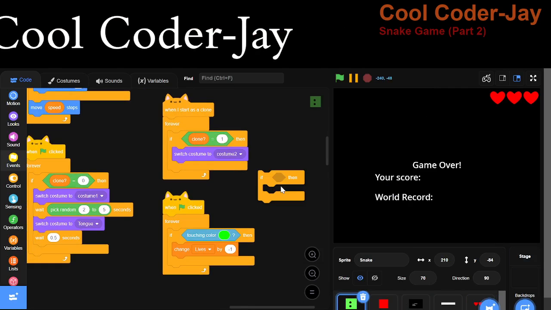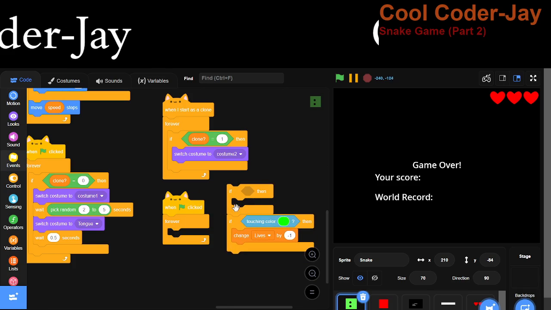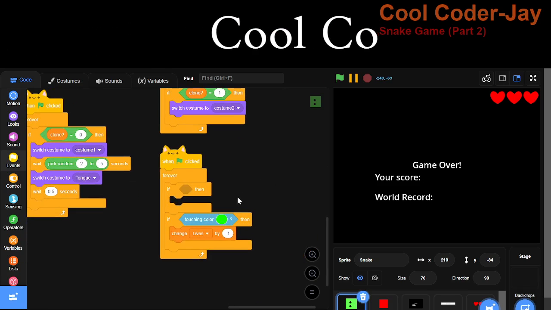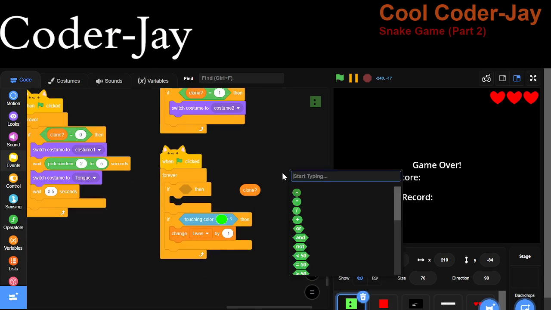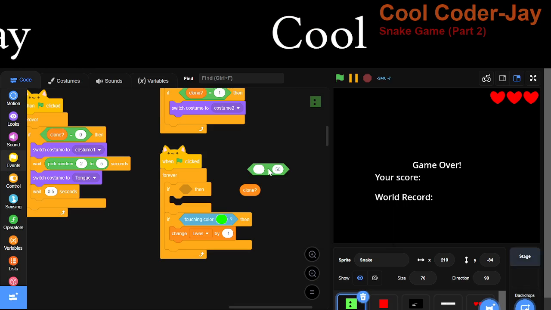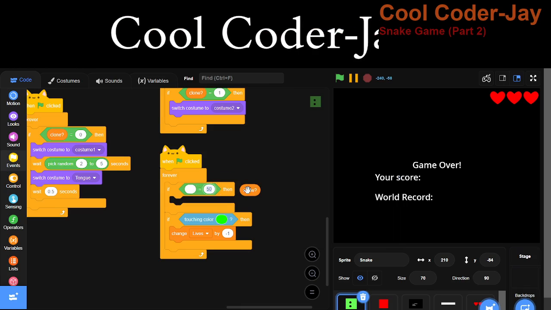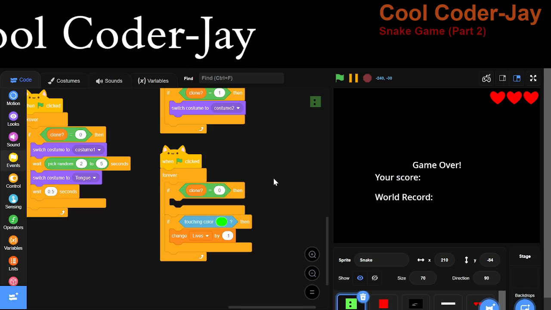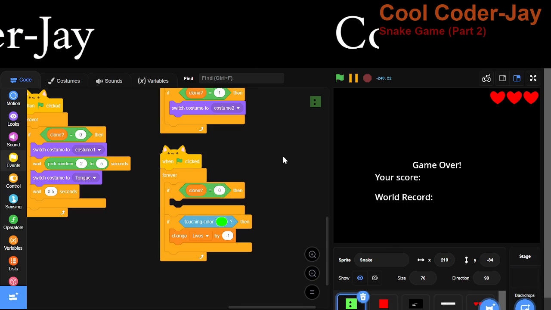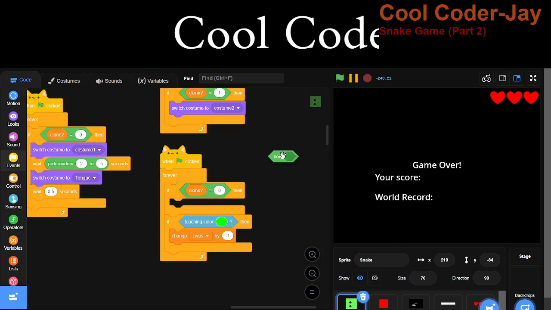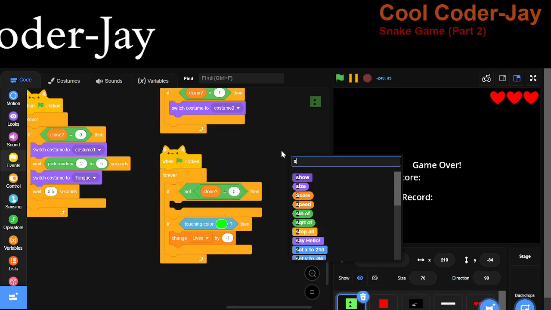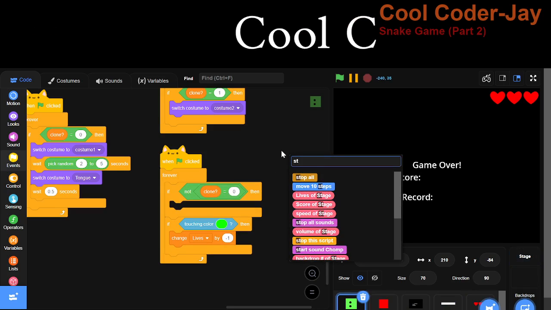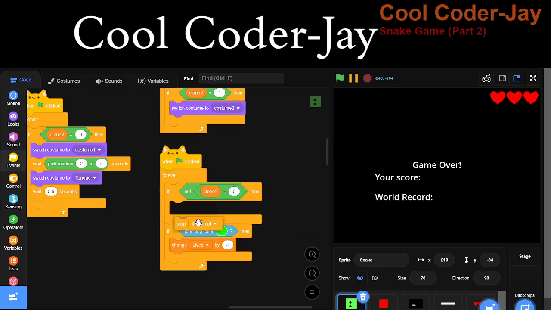If the clone is equal to 0, is not equal to 0, then stop this script.